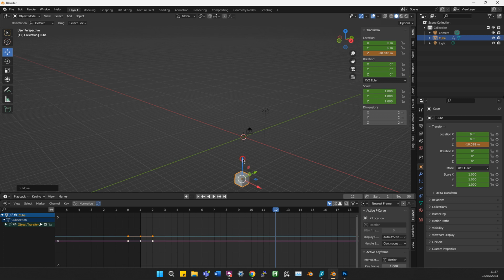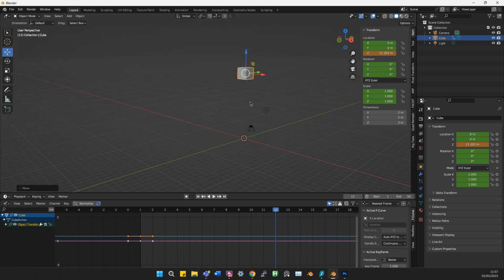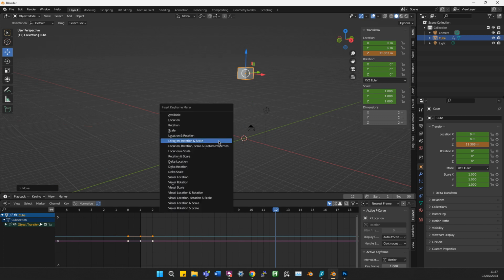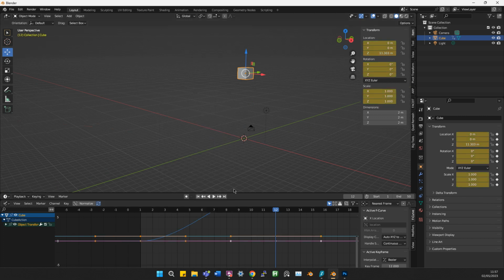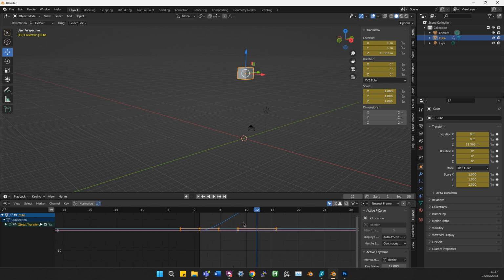Okay, so frame 12, if I push this up in the air now, oops, a daisy, missed it. Push that up in the air like so, and you can see it's not made an automatic keyframe. I can go I on the keyboard and keep on doing that, but it's a little bit tedious, as you can imagine. So the way around that is, on the timeline panel here, you have at the top this button here, auto keying. So if I press that on,